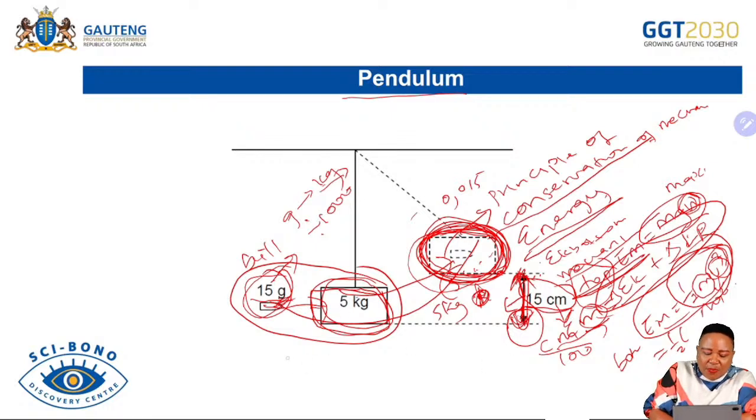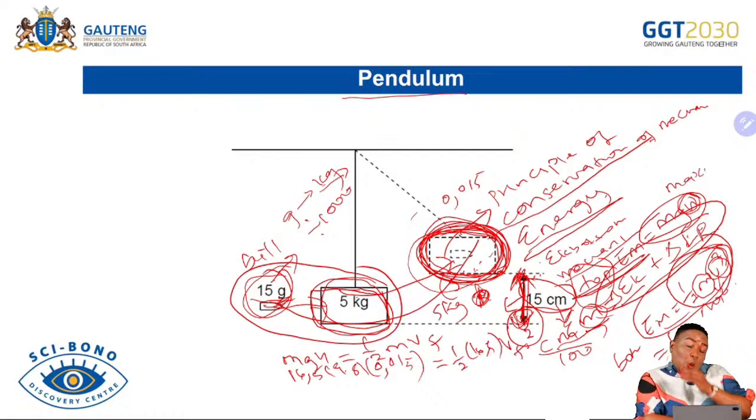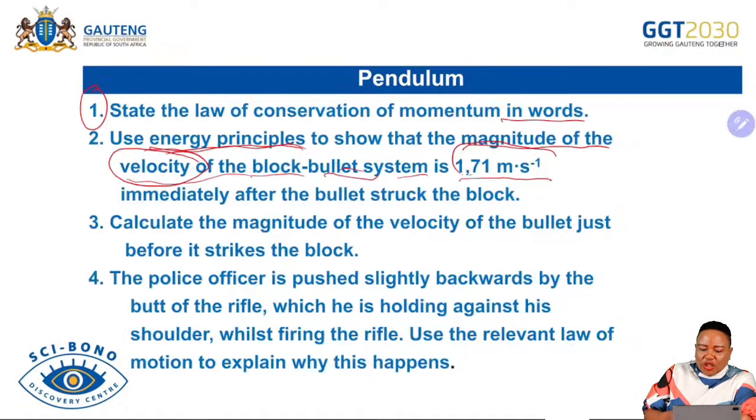So it means mgh is equal to half mv squared. The mass at this point is going to be 5.015, I think it's going to be 16.5 if I'm not mistaken. We know the value of g is 9.8, and then we have our 0.015 meters, which is going to be equal to half. The mass is still the same, 16.5, and then we're going to find v squared. Don't forget that our v is squared. So as v is squared, after getting your v squared, you must use a square root to find v. So that is what the examiner said.